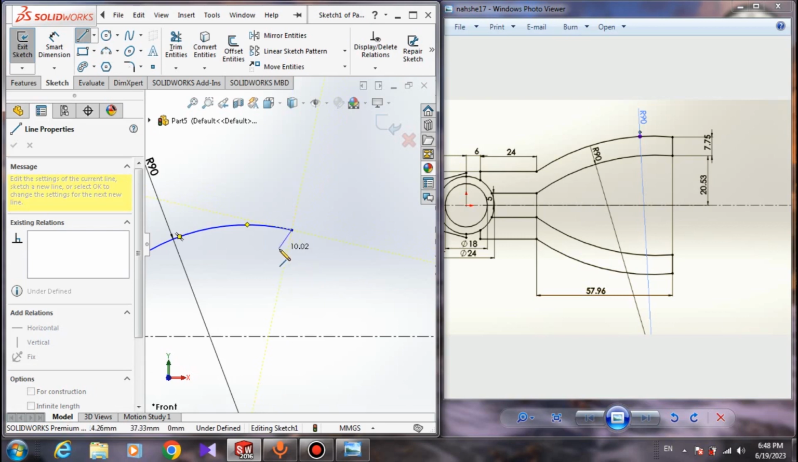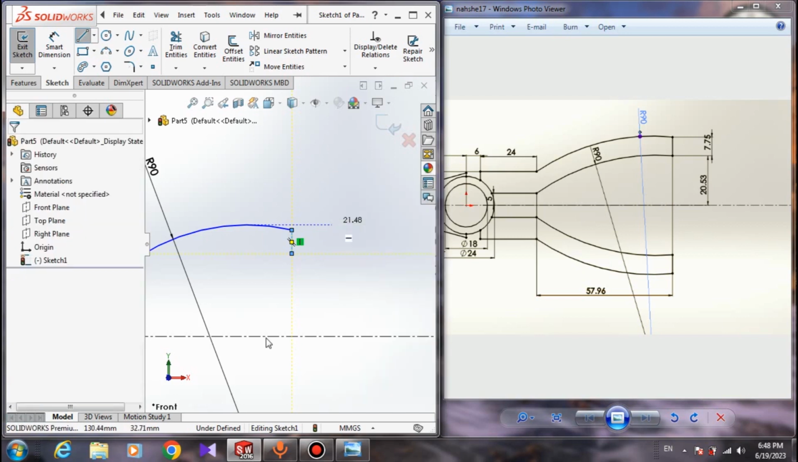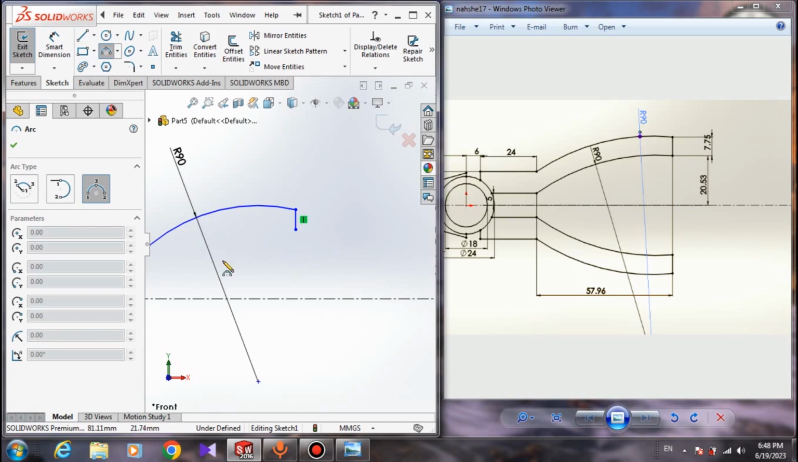So you can see as I move my line, a yellow symbol appears. It means that if I click on the screen, you can see the vertical relation has been applied to my line, and here we have a vertical line. So for exiting the line tool, just right click and choose select, and here choose 3-point arc